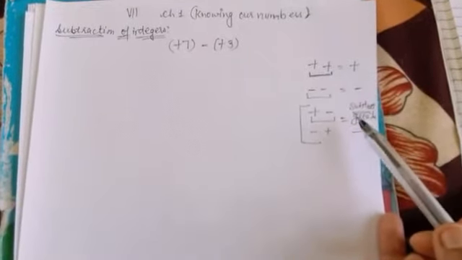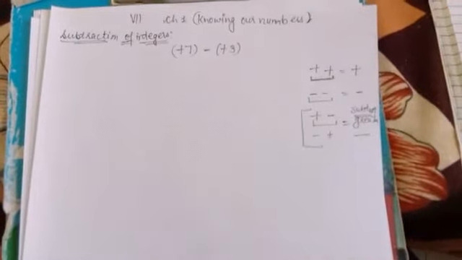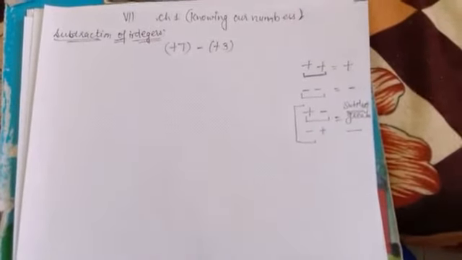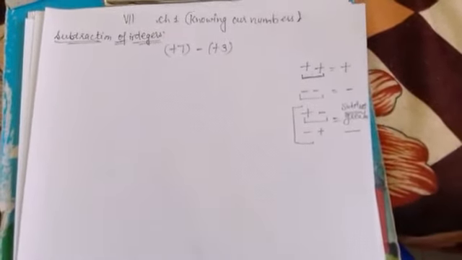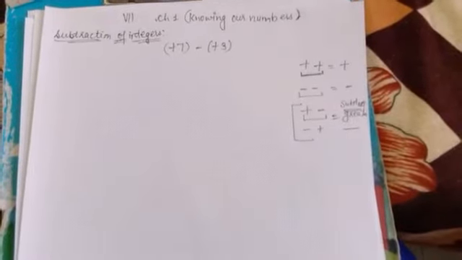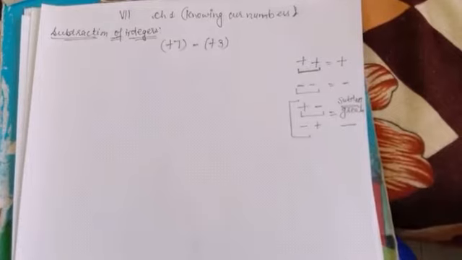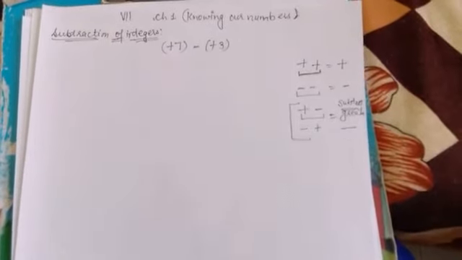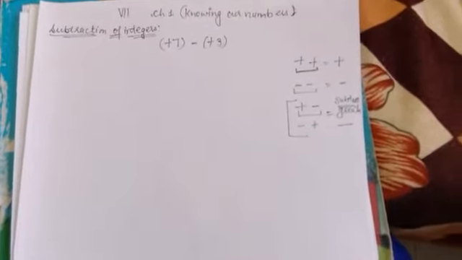Okay. Now we are moving towards the concept subtraction of integers. While subtracting two integers, we change the integer to be subtracted into its corresponding negative integer and then simplify. Means that